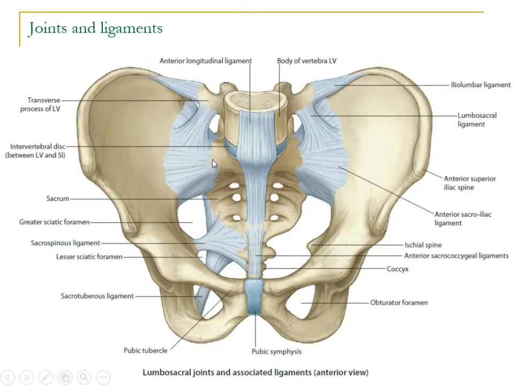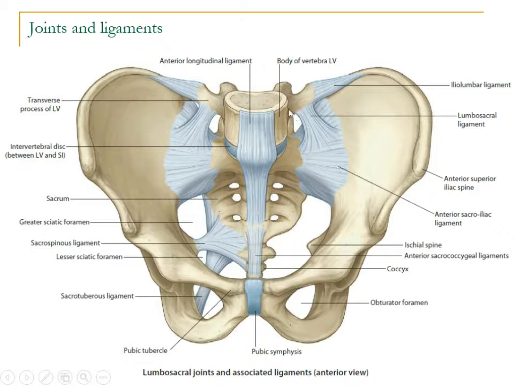Now we are going to talk about the different ligaments which support these different joints of the hip bone. First of all, we will be observing the ligaments present on the anterior side of the bony pelvis. When we see over here, this is the fifth lumbar vertebra articulating with the first sacral vertebra, and it is supported by the anterior longitudinal ligament. This anterior longitudinal ligament runs throughout the vertebrae up to the cervical region. Another ligament supporting the sacrum and the coccyx is the anterior sacrococcygeal ligament.